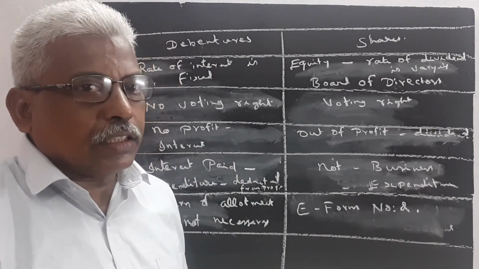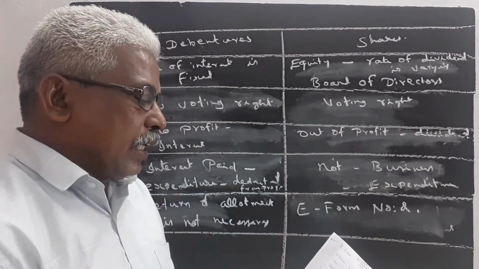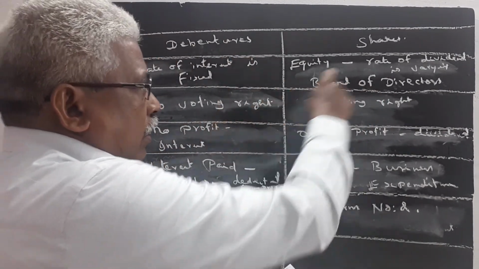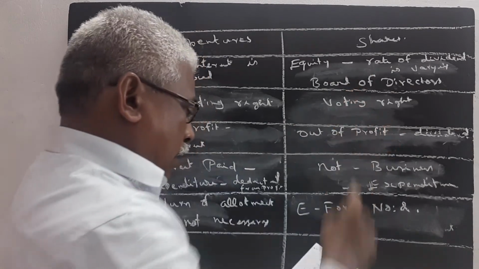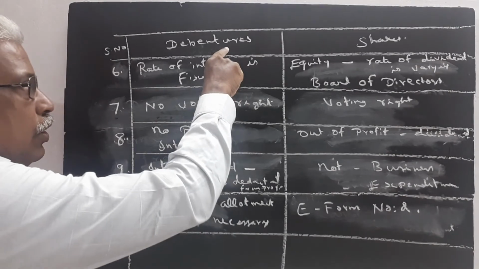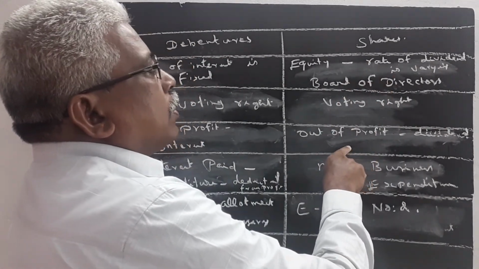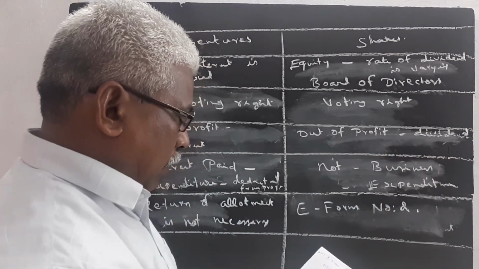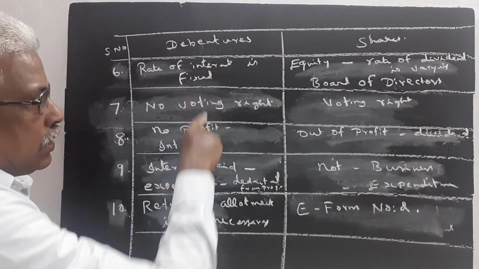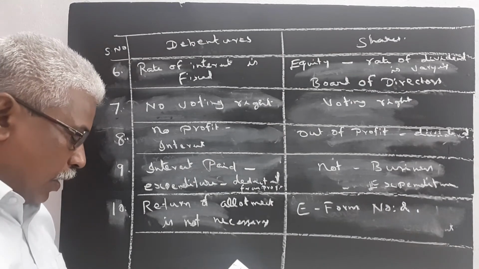Once again, I just simply explained: debenture is the loan of a company, share is the part of the share capital of the company. It is in the middle level and lower level. It is at the top level. Then fixed rate of dividend, fixed rate of interest is given to the debenture holders. The issue of dividend is varying, is changeable. Then it is a charge on the assets of the company. Debenture is a charge on the assets of the company. Share is not at all a charge on the assets of the company.